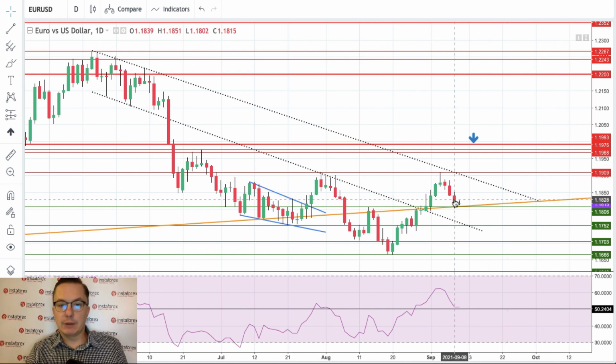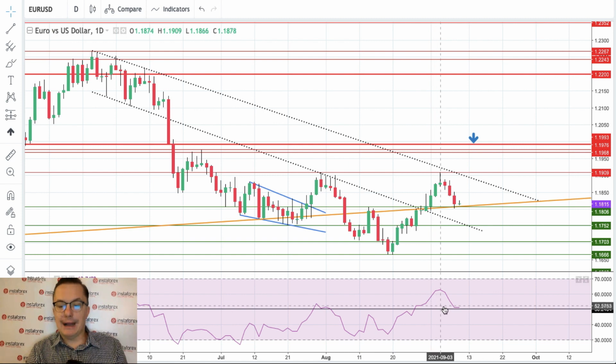1.1806. A low was made at 1.1802, so this is again kind of an important level right now. And as you can see, there is the old trend line support as well, so it might be kind of tricky to break lower for the bears. The momentum is right now at the level of 51 points, the exact number of the RSI on 14 period on the daily time frame chart. So this level 1.1806 or 1.18 generally might work as a technical support for the market